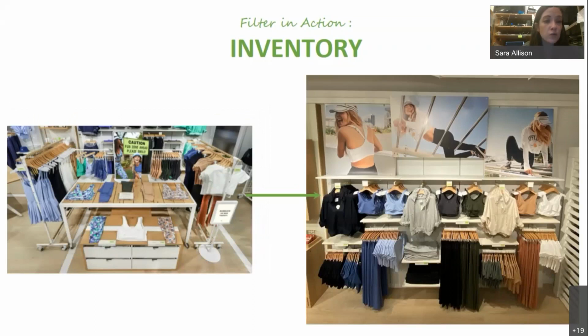And then another example of the inventory filter in action. This is an offline store where they have extra wall bays. Some of you may have this in your store, where maybe you don't set clearance, but you have some extra wall bays you need to fill. So instead of filling with some kind of random assortment, this store was able to pull a collection from a wardrober here that we see and pull a full collection into a wall.